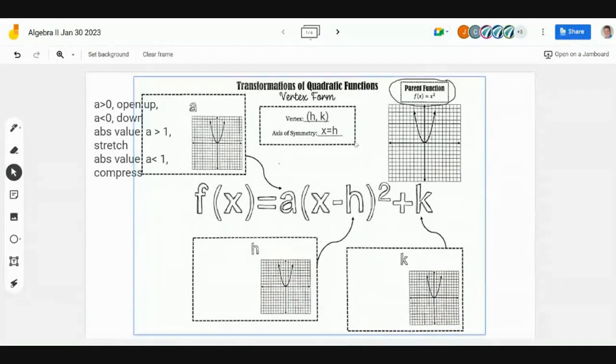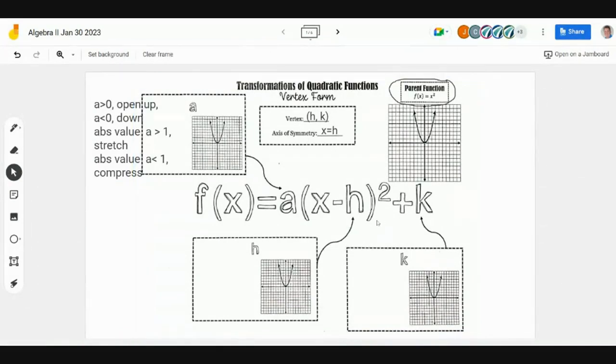And we'll look at some examples of that. Now let's look at the H down here. I thought this was just easier than making X minus H in parentheses squared. So it's not just X squared, it'd be like X minus 1 squared or X plus 4 squared. So with the H down here,